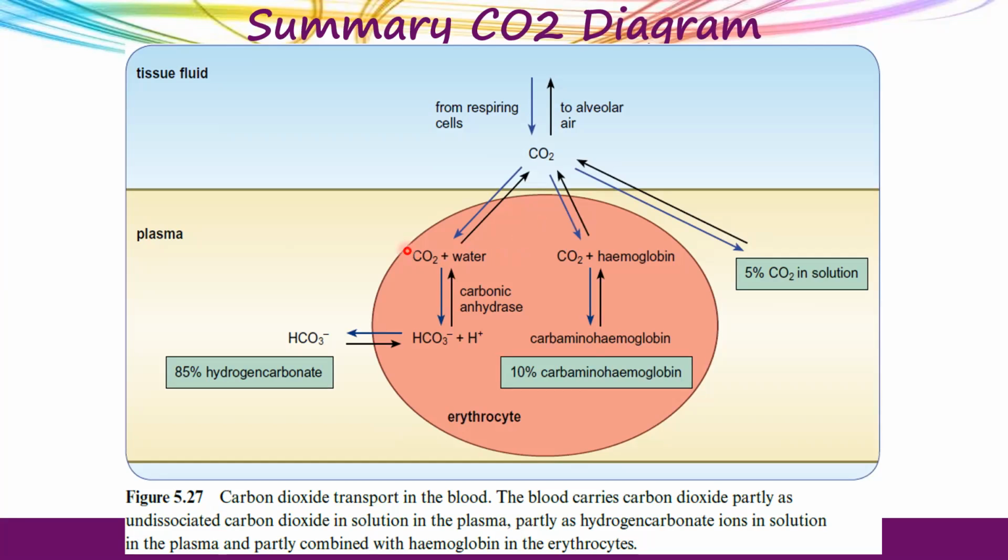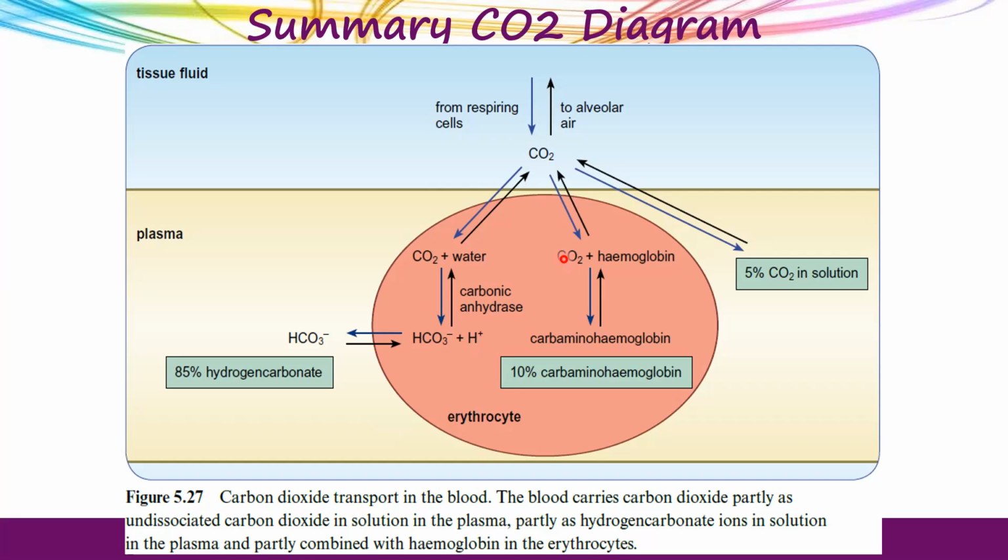Around 85% of it, the carbon dioxide, reacts with water in the red blood cell. The reaction gets catalyzed by carbonic anhydrase. Then carbonic acid is produced. Carbonic acid is unstable. It dissociates into H positive and hydrogen carbonate ions. Hydrogen carbonates then can diffuse out of the red blood cell into the plasma, right? Or H positive combines with the hemoglobin within the red blood cell, and it forms hemoglobinic acid. As it binds to the hemoglobin, this causes the release of oxygen which was attached to the hemoglobin. It is released into the tissue fluid then.